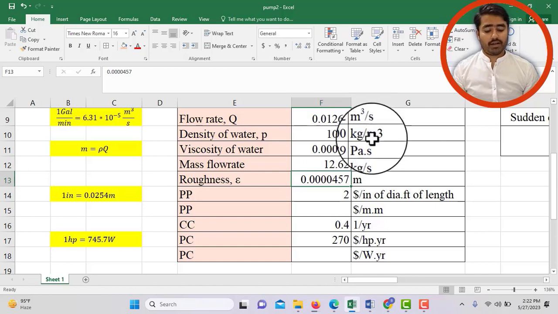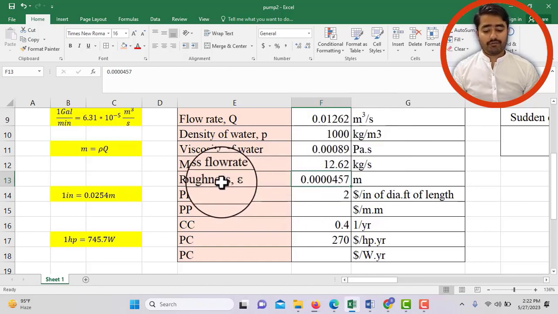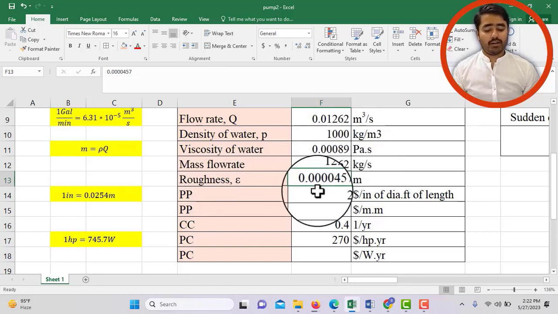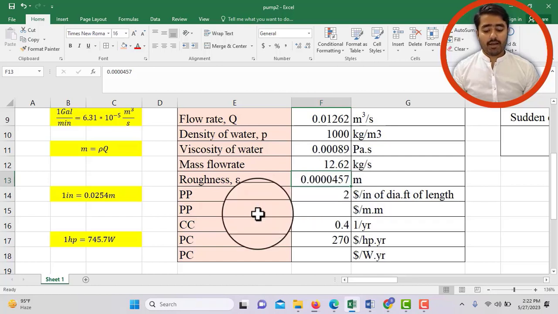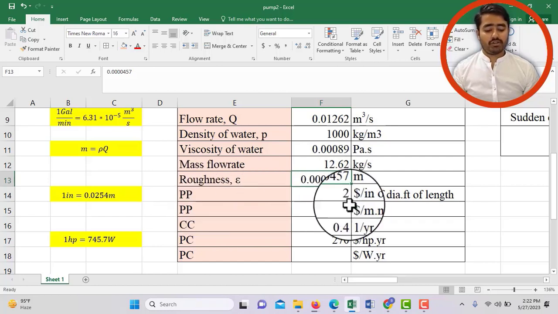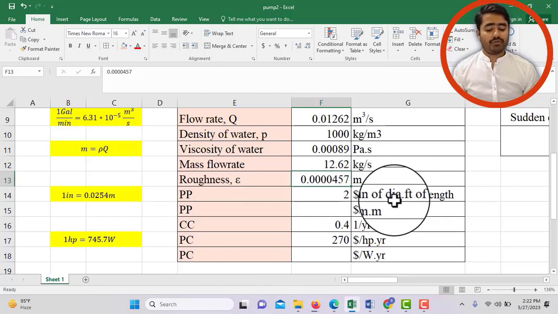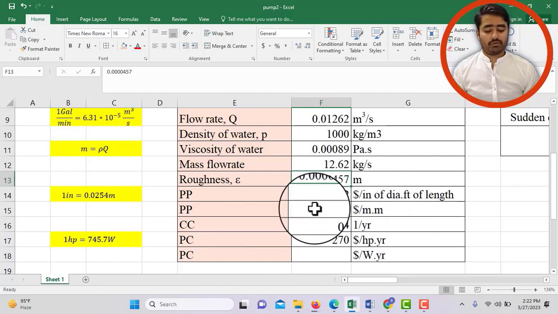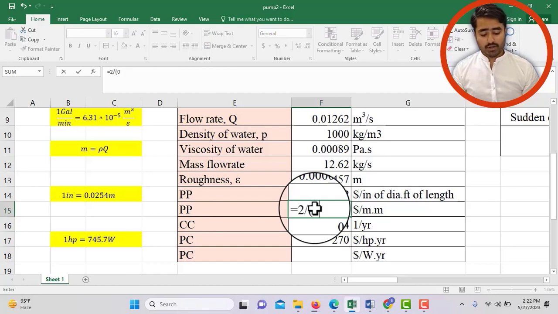Use all of the terms in SI units, and the roughness is given, which is 0.40457, and a constant which is PP, which is $2 per inch of diameter into feet of length. So convert into SI units. I will divide the 2 by 0.0254 and multiply it by